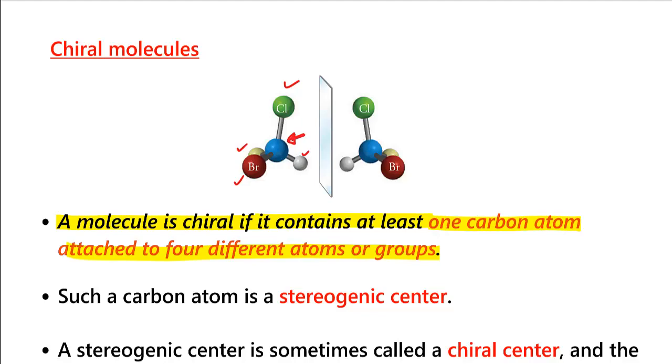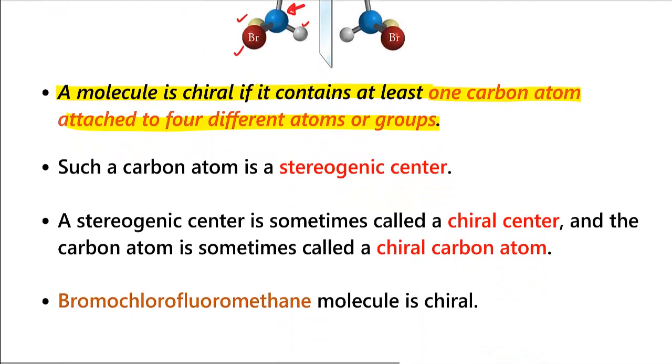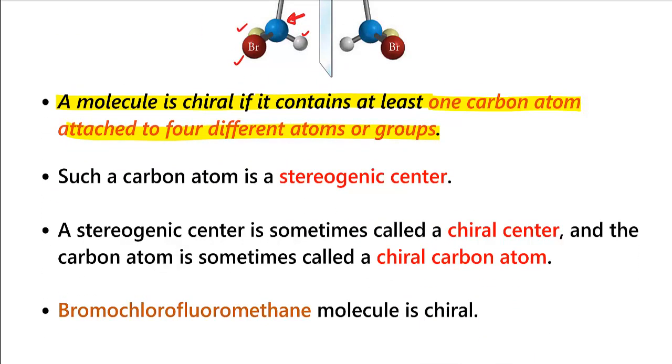So now if I want to look for a chiral molecule, what will I look for? I will look for a chiral carbon, that is a carbon that is attached to 4 different kinds of groups. Such a carbon atom is called a stereogenic center. So you see, in this case, this carbon atom is a chiral carbon. The general term often used is stereogenic center. So chiral and stereogenic, these 2 words are used interchangeably. So I can say this chiral carbon, or this carbon is a stereogenic center.